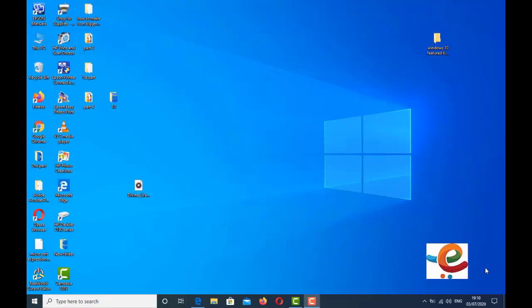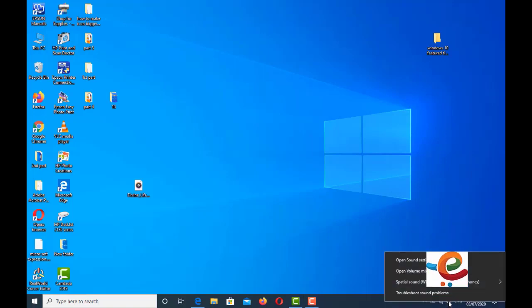The fourth one is spatial sound. Give your computer an easy upgrade with spatial sound. On your Windows 10, go to the speaker on your right bottom side, right click.